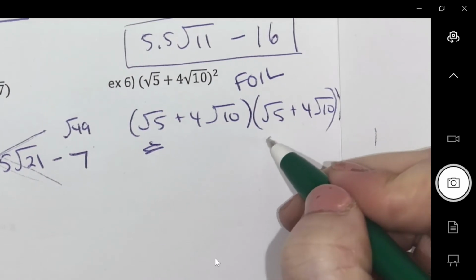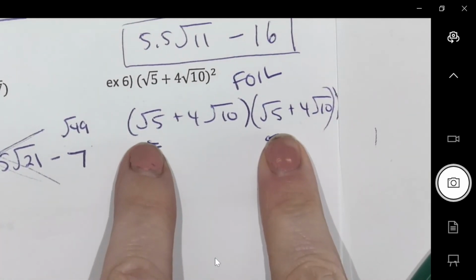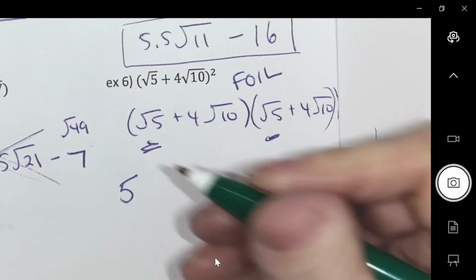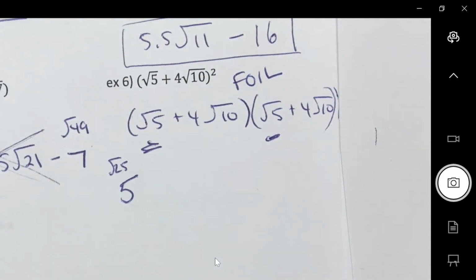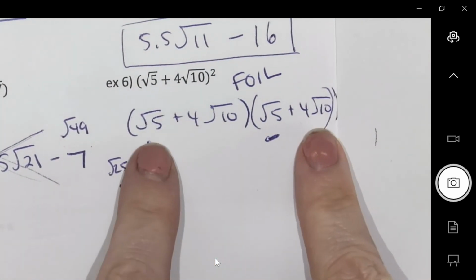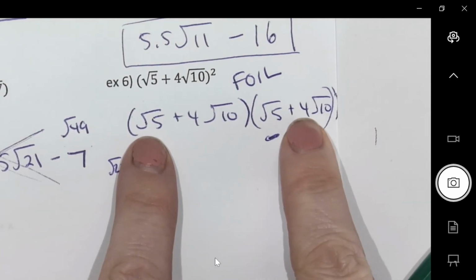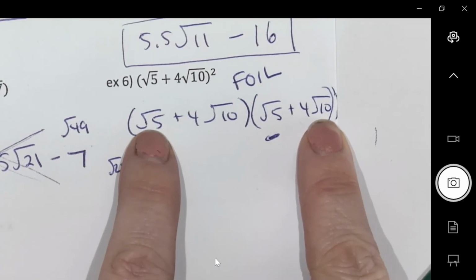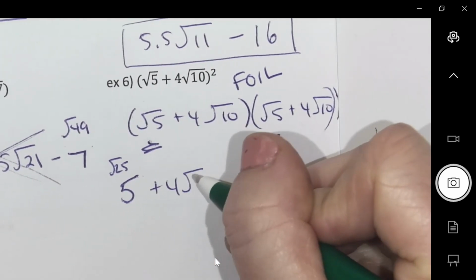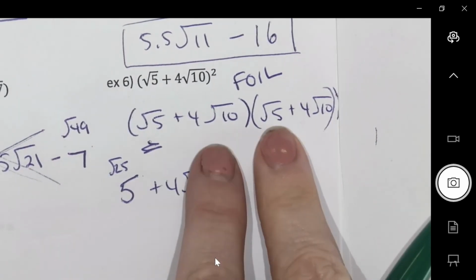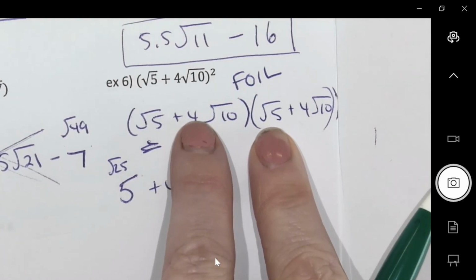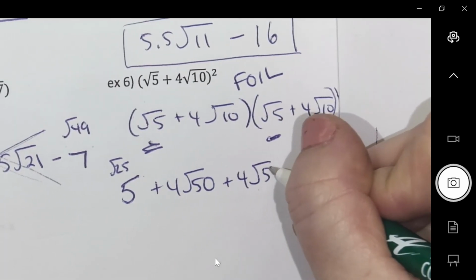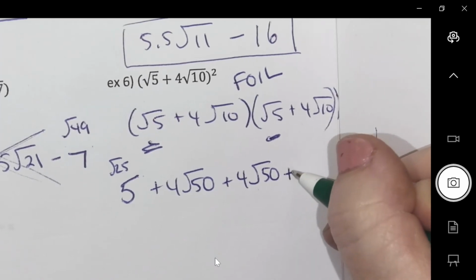Okay, first times first makes root 25 or whole number 5. Outsides make 4 root 50. You see it? A 4 in the front and a root 50. Insides, whole number 4, radical is a 50. So plus 4 root 50, plus